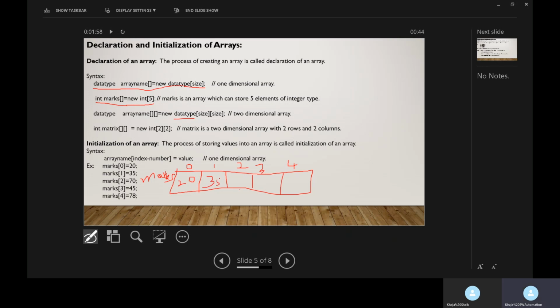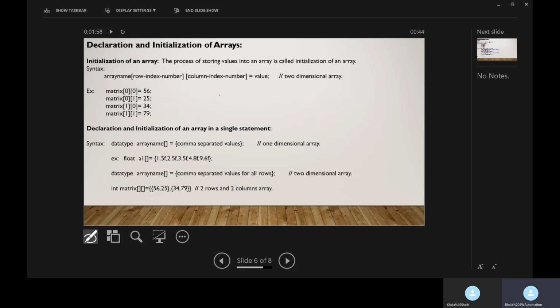Similarly, in marks array location 4, I am storing value 78. This process of storing values into an array is called initialization of array. The syntax to initialize an array is: array name, index number, is equal to value.